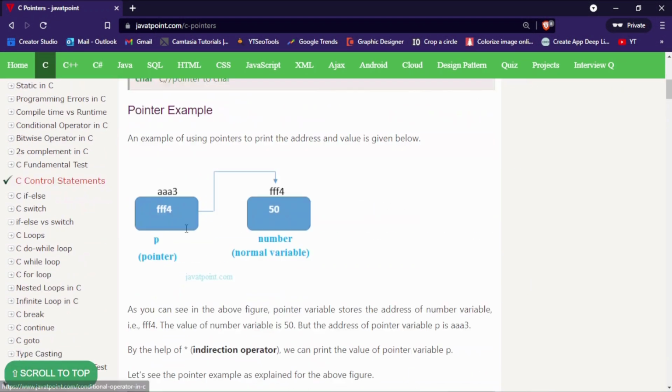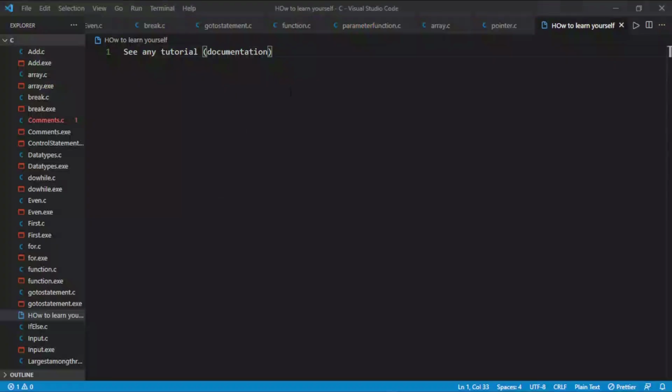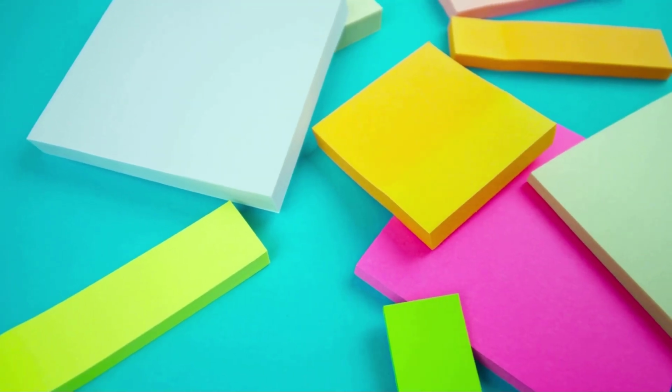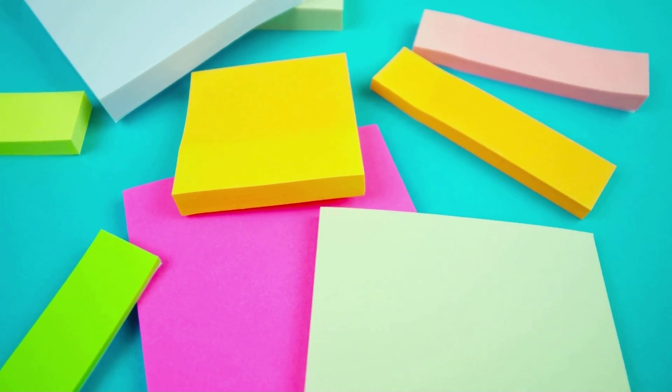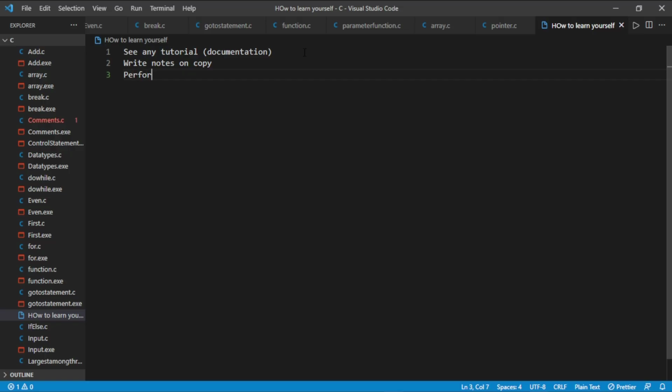This is a documentation. All the documents are there, and then what you have to do is write notes on a copy. You have to write the notes on a copy so that you can cover all the things and remember them. After writing notes, perform practical on a code editor. So you also have to perform the practical on a code editor. And in the last, if you face any problem, then you can watch